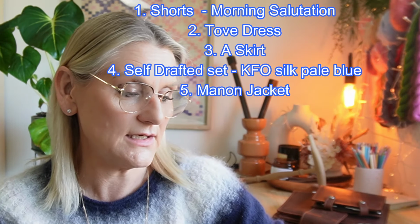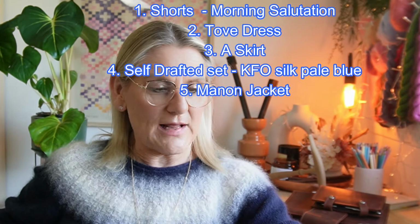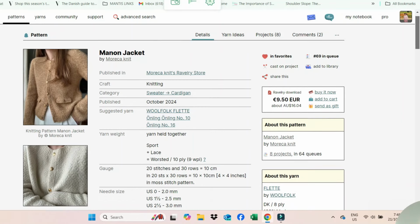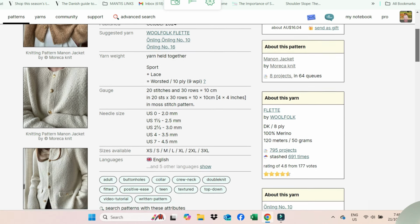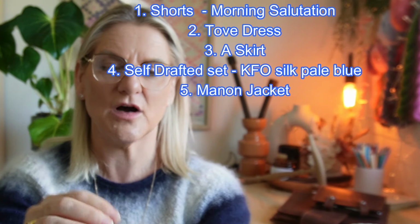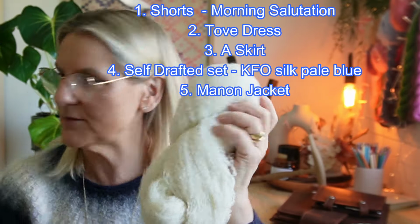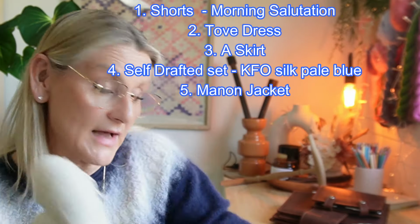It looks like it's knitted in a double moss stitch, and it's got gold buttons and little flat pockets, and it's a set-in sleeve, and it's got all the beautiful finishing details that Mareka Knits normally has. She made it in 2 yarns, and I bought this boucle yarn undyed from Spun Out Fibres, and it's a looped merino boucle. It's 450 metres to each 100 grams, and I think I've got 5 of these, so I've got enough yarn to make that